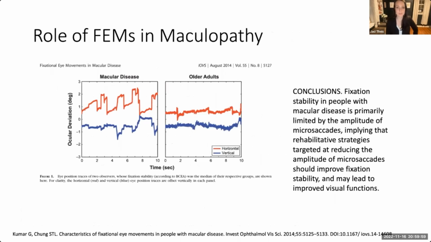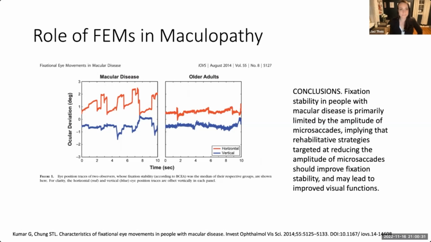And then in maculopathy, there have been some studies as well looking at the role of fixational eye movements. Essentially, in adults who have macular disease, their fixational eye movement patterns are more erratic than those who don't. And that makes sense because you're using it. It's a feed forward and feed backward neurologic continuum, right? So if you can't see it, it's going to be hard for you to direct your fixational eye movements if you don't actually have a fovea. So it might be another way to objectively detect the functional ability of a patient who has a maculopathy or